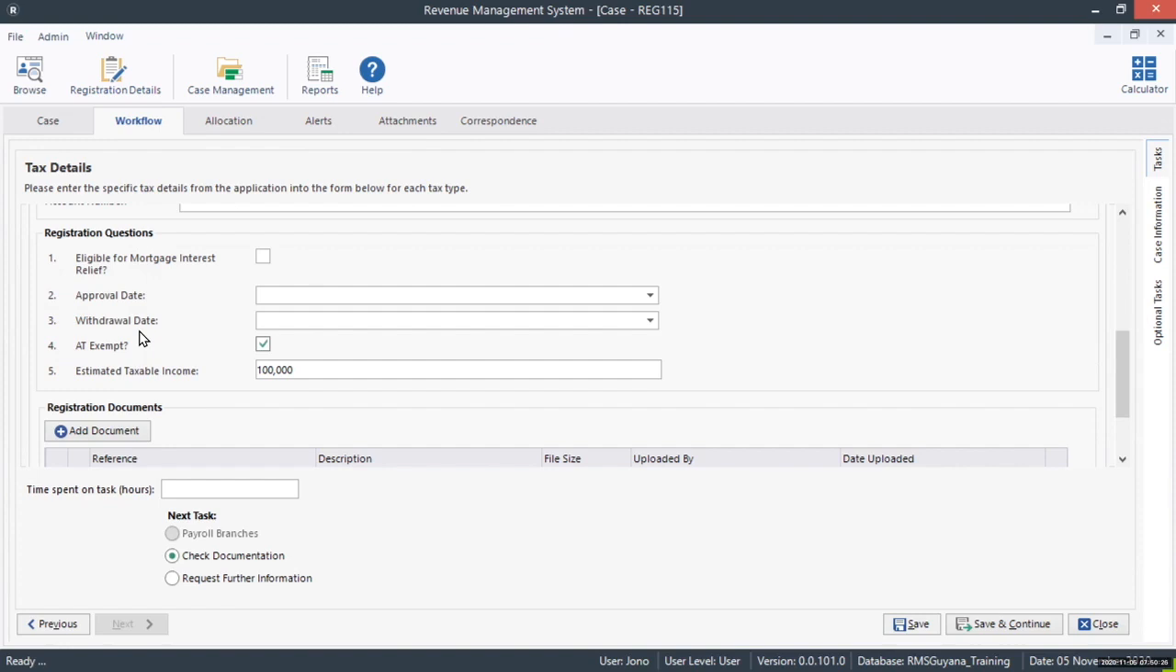So, I'll just work through a few of them. You have a process for approving mortgage interest relief. That is separate from your registration process, and separate from your return filing process, although I think it links into the beginning of your return filing process. So this is where